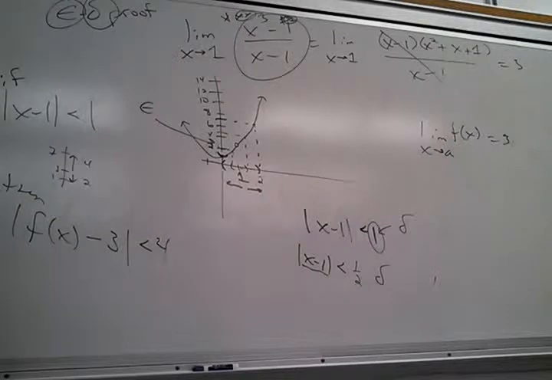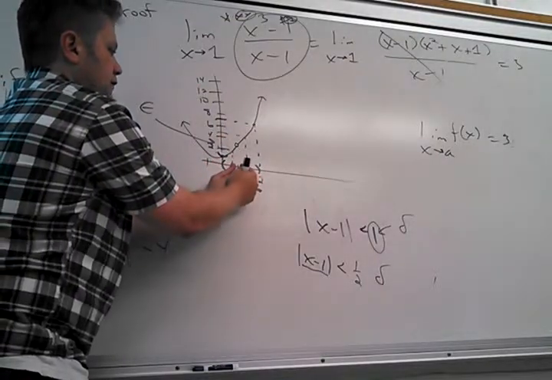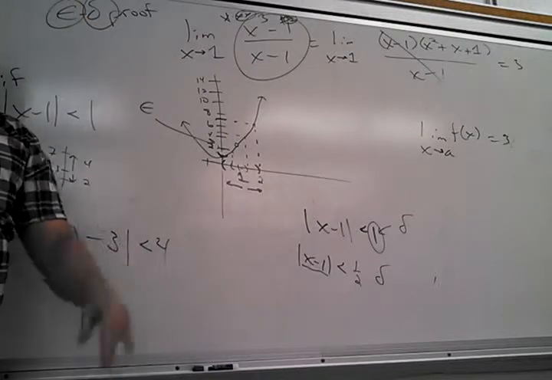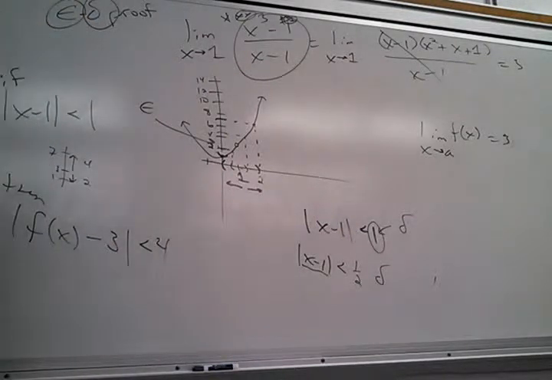No matter how close somebody says you have to be to the limit, you can always find some neighborhood that will get you that close. That means that's the real limit. So I want you to be 1/millionth away from the limit. Well, there you go. I want you to be 1 million to the millionth power. Oh, there you go. That's the limit. If you can do that for any number somebody can give you, any number greater than 0, so you can be stupid small, then that must be the limit, because it's approaching that. That's really what it's saying.